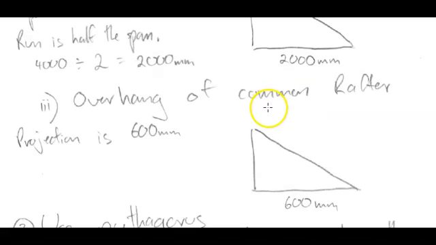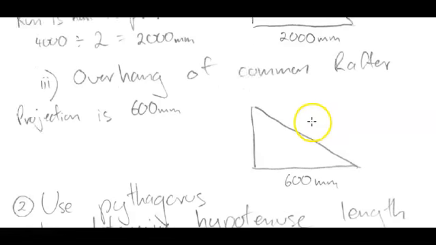And we have a third triangle indicating the overhang of the common rafter, and we are given a projection of 600 on the sheet, so we're going to draw the triangle in the same way and indicate that we have on the horizontal 600 millimeters. And again, we're going to be figuring out the hypotenuse of this triangle as well. So lots of triangles,